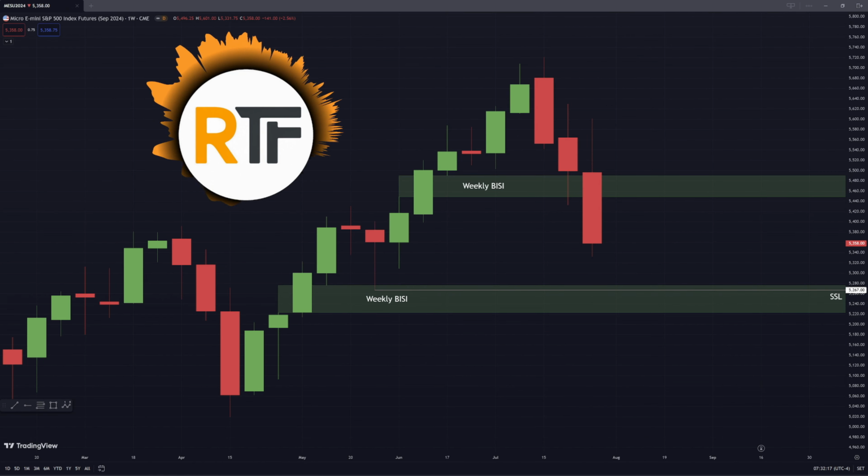Moving on to S&P on the weekly chart, we can see that we've had 3 weeks of decline. We've traded through this fair value gap and completely rebalanced it. First we wick through and then we have a body lay over it. And then last week we did close below these 2 down candles, which is a weekly order block.